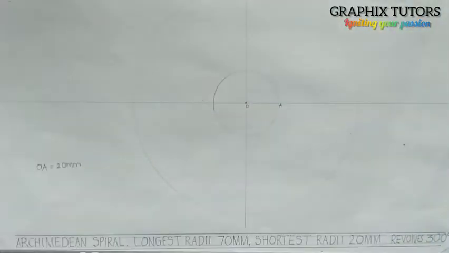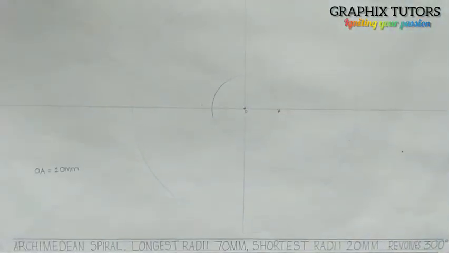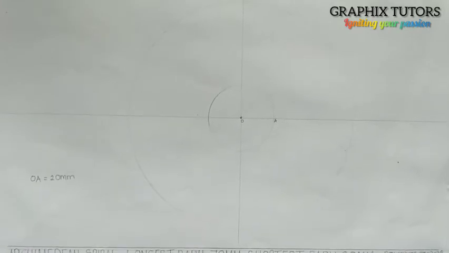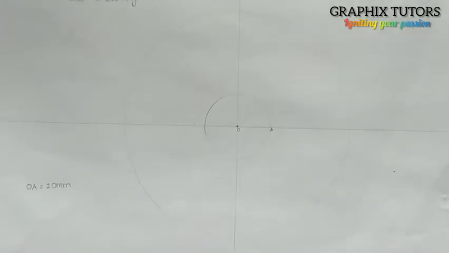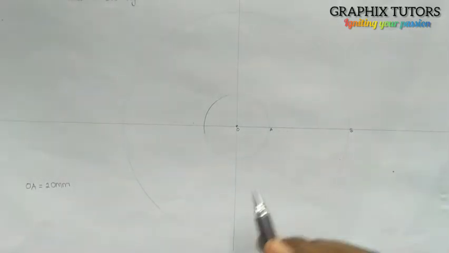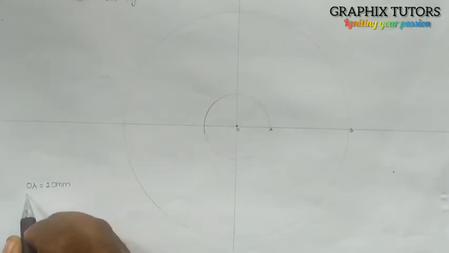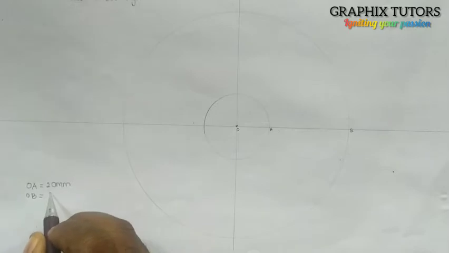You can see that. So from here I have this. I will let the other point be B. So this is OB, my longest,